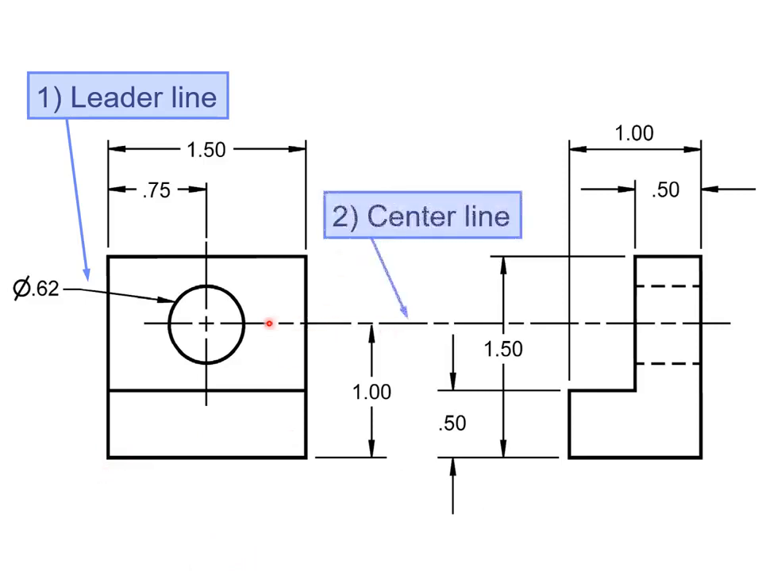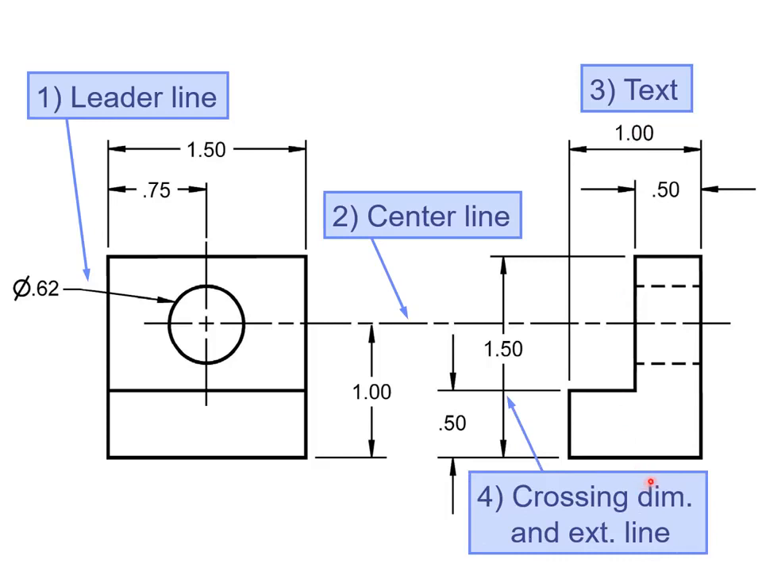Okay, my next mistake was the center line. We don't want a long center line going from one view to another. And the text for the 1.00 units should be inside the dimension line. And we do not want to cross dimension lines. So the simple fix is to move the 0.50 in